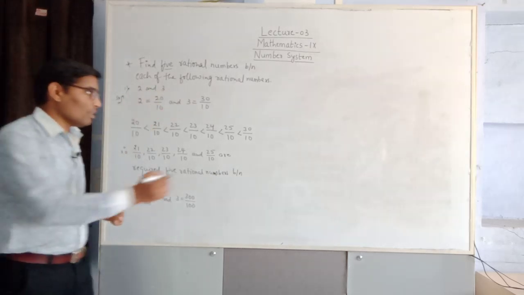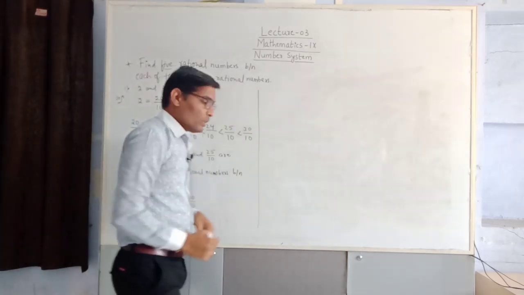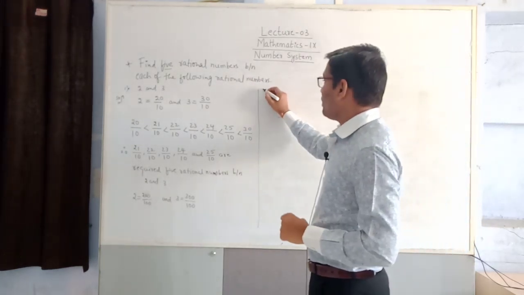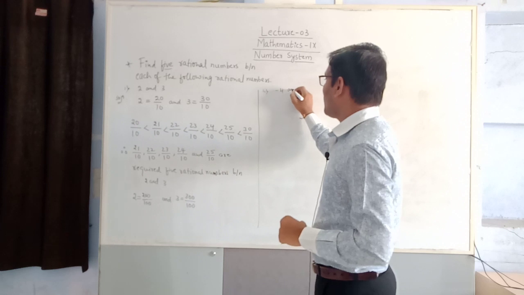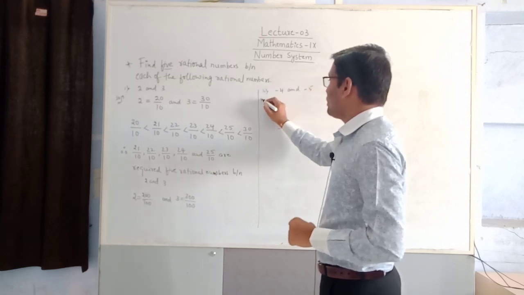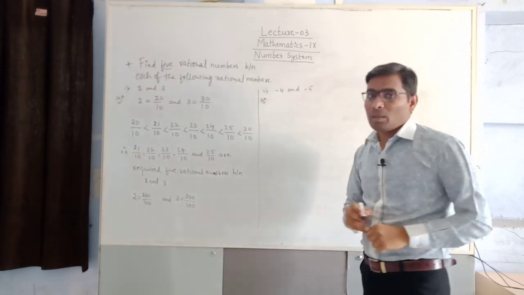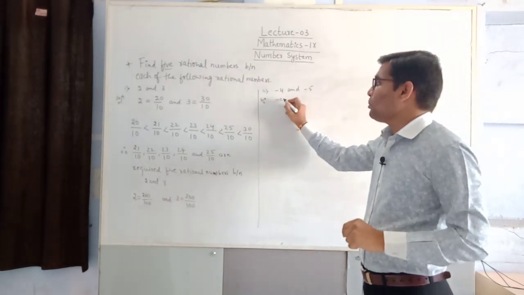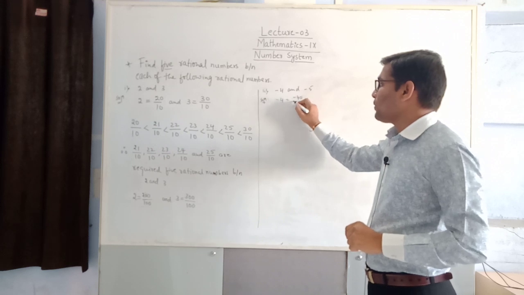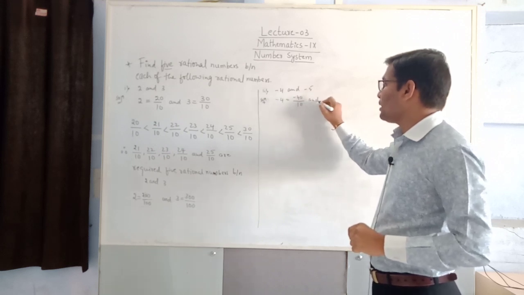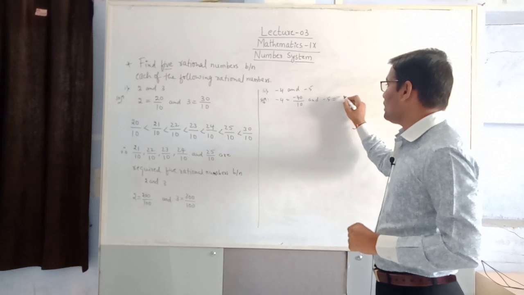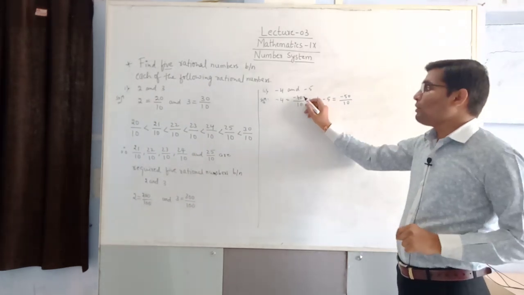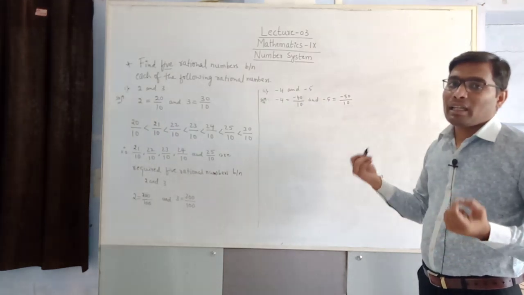So this is a way of finding rational numbers between two rational numbers when both given numbers are positive integers. Now let's discuss how to find rational numbers when both numbers are negative integers. Let's take -4 and -5. Solution: here also, as before, we need to write -4 and -5 in p by q form. -4 can be written as -40 by 10 and -5 can be written as -50 by 10. Now between -40 and -50 you can add any 5 numbers.